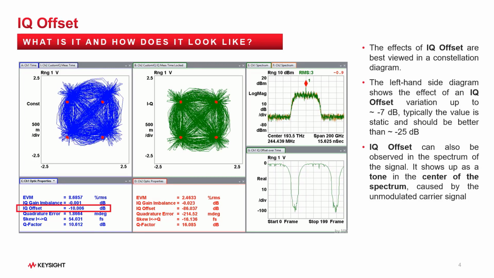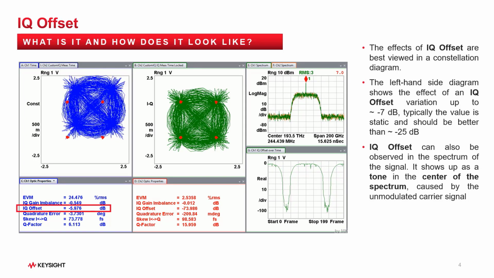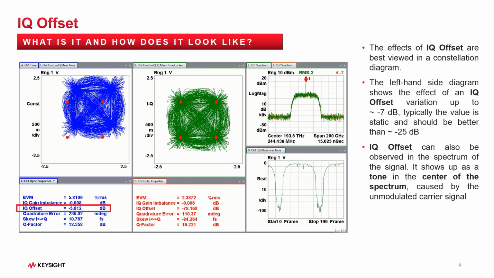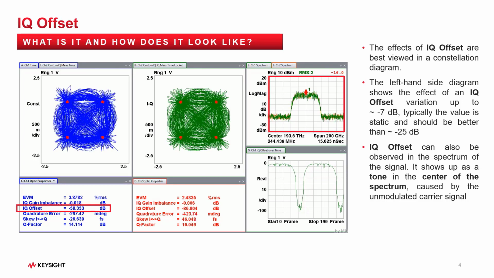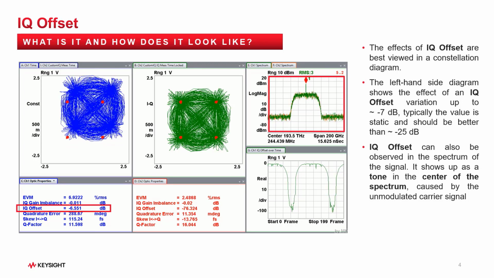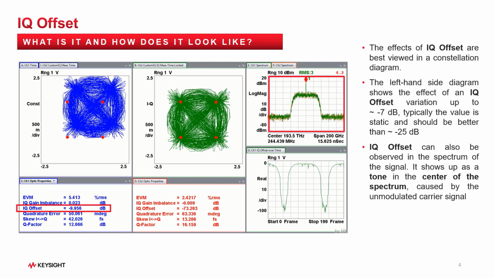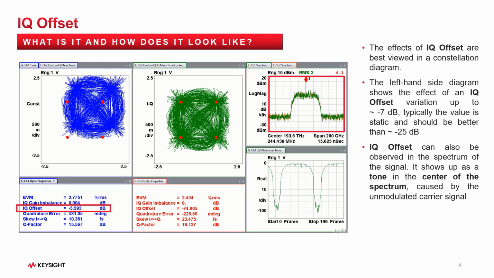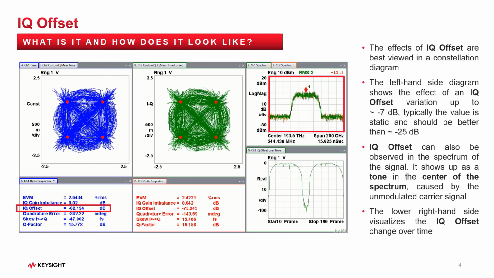A marker is placed at the position of the peak on the spectrum belonging to the distorted constellation diagram on the left. The lower left-hand side window shows the IQ offset error reading reaching up to -6 dB. Also, you can see that the EVM readings on the left are getting worse with the increase of the IQ offset, while the EVM readings on the right remain stable. Typically, the IQ offset is a static impairment. For this illustration, the IQ offset was varied dynamically over time. The lower right-hand side window shows the IQ offset readings over time.